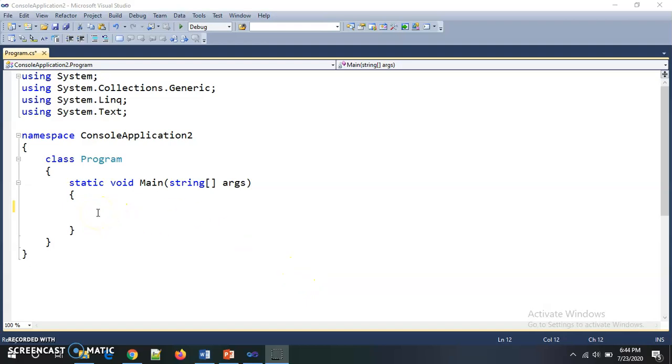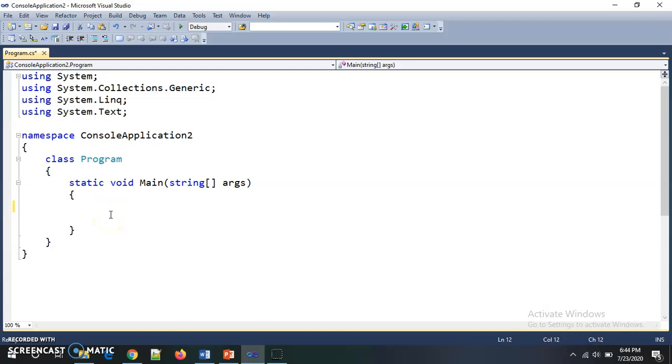Here we will see how to check whether a given or entered number is odd or even. For this we need to use an if statement. First, what is meant by an even number? The number which is divisible by 2 is called an even number. So if we check the remainder and it is 0, then we can say that it is an even number.